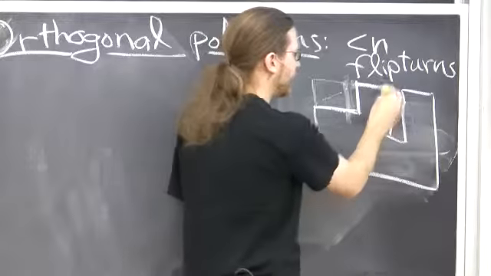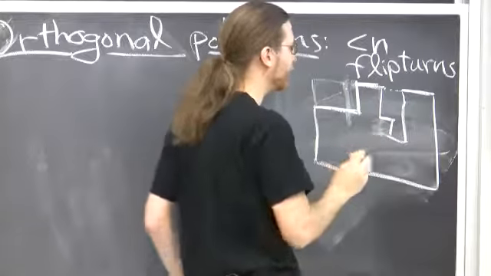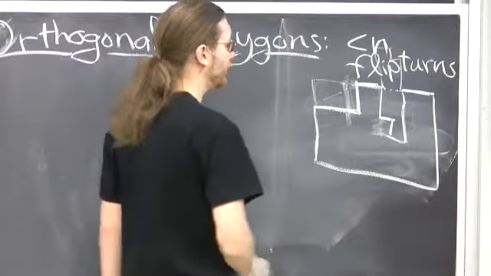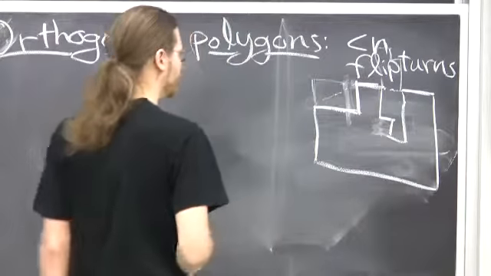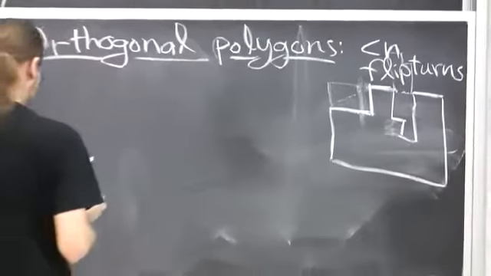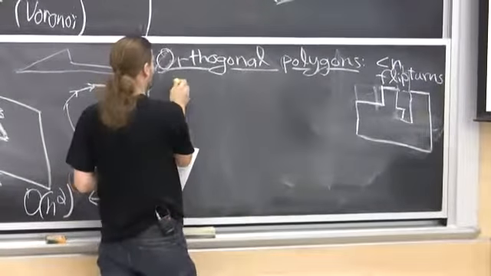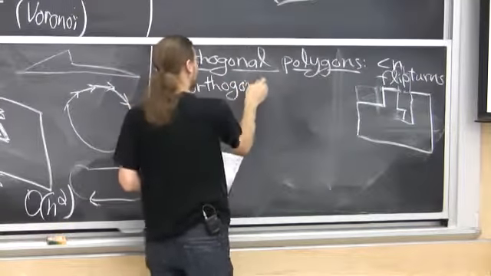This one, the lid happens to be orthogonal because these two edges are degenerate. But we're going to allow that. In that case, you'd get something like this. So orthogonal pocket flip turns versus diagonal flip turns. So first thing we're going to do is look at orthogonal flip turns